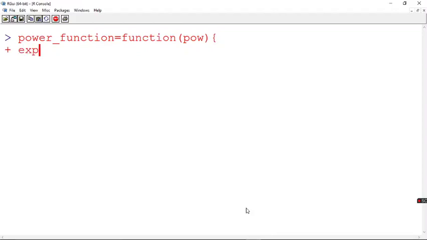I'm going to have another function, exponent. Yes, exp is equal to function of, and I give a number. Fine. So something I am going to get as input for this exponent function, and that is going to be using the main function. Fine.